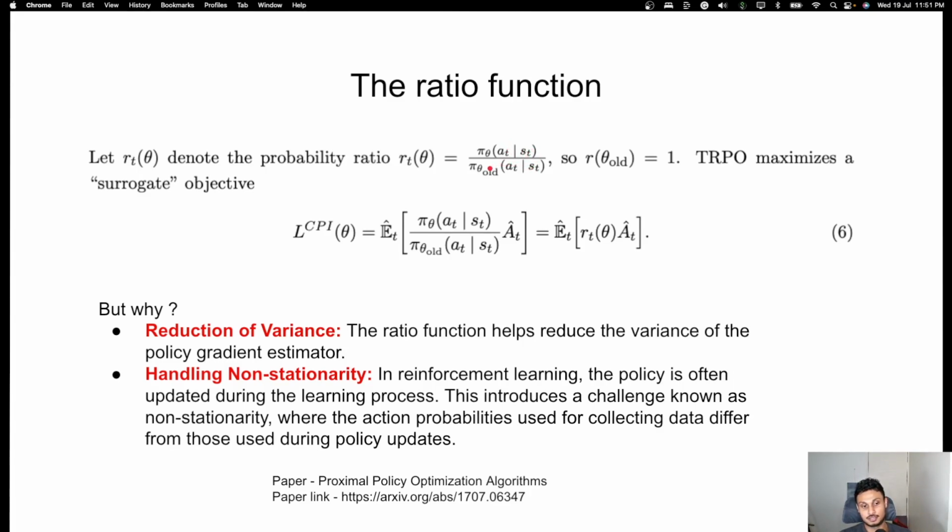By doing this, we reduce the variance in the optimization, and also we can handle non-stationary factors. Like in reinforcement learning, the policy is often updated during the learning process. So we call this on-policy gradient, on-policy algorithms. This introduces a challenge known as non-stationarity, where action probabilities used for collecting data differ from those used during the